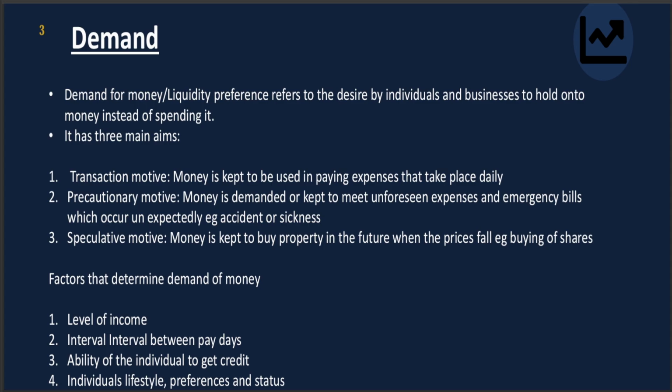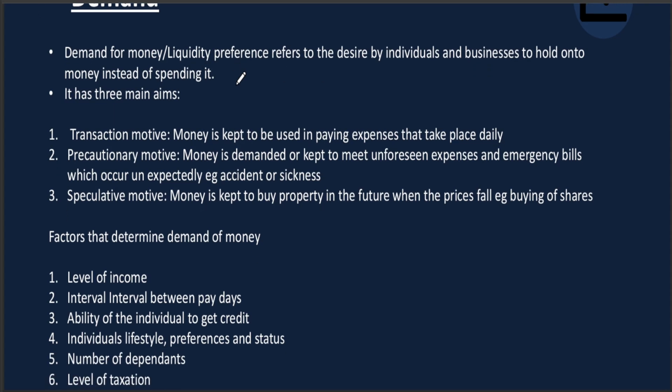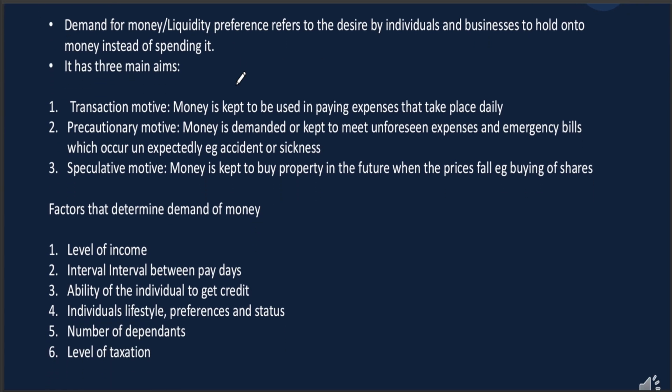So now factors that determine the demand of money include the following, but you need to explain in your exams. Sema tu sija explain because I know it cover a lot of presentation, so I'll just explain it. So the first factor is the level of income. The higher you earn is the more money you will save. Okay, you'll use less money kwa sababu uko na pesa, na ukiwa na pesa mingi jua mtu ambao ni millionaire ataisave sana kuliko mtu ambayo income yake ni kidogo sana.